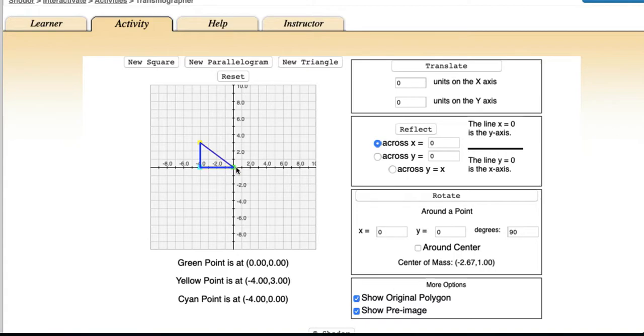So what's happening here is when I'm looking at my point of rotation, for right now it's at 0, 0, I'm actually going to count to see how far away my next point is. If I'm looking at blue, I'm going to see that's 1, 2, 3, 4 points away. And if I rotate it 90 degrees counterclockwise, it's going to be going in this direction. Okay, this is counterclockwise. So it's going to be rotating 90 degrees. So I need to think, okay, 90 degrees is going to be down here, and I need to be 4